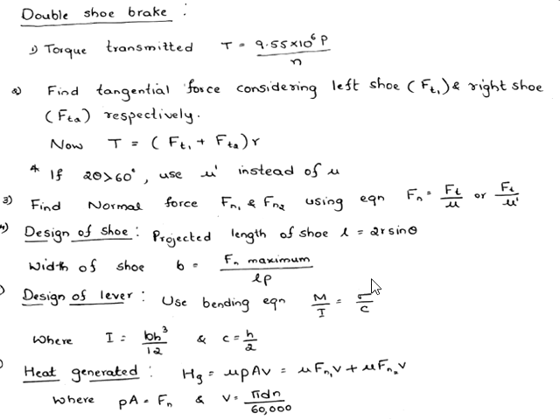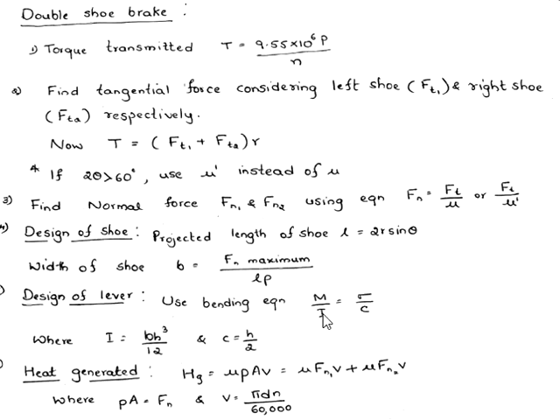Assume factor of safety around 3, therefore sigma working is equal to sigma y divided by factor of safety. For C40 material, sigma y is 324. You can assume factor of safety around 3. Therefore, sigma working will be 324 divided by 3. You will get the answer 108 Newton per mm square. So, sigma value will be 108 Newton per mm square provided C40 material and factor of safety 3.